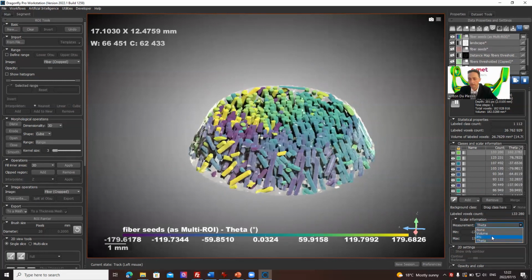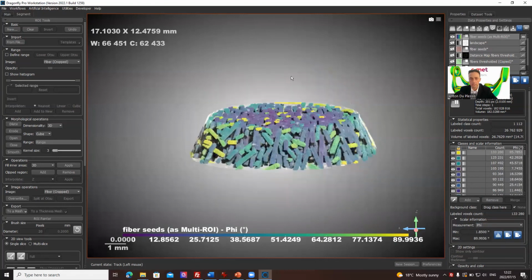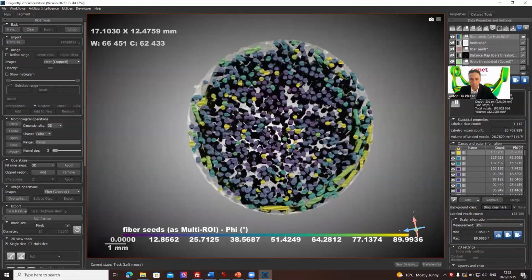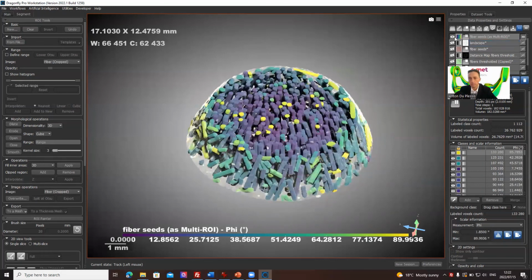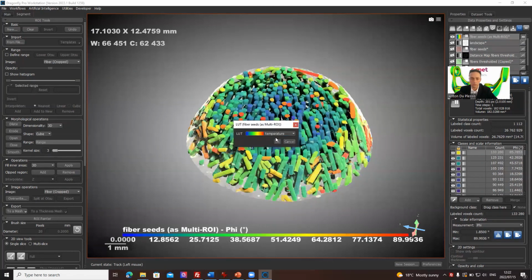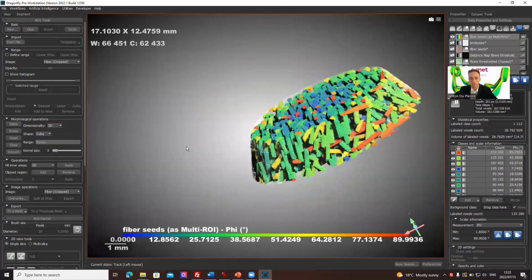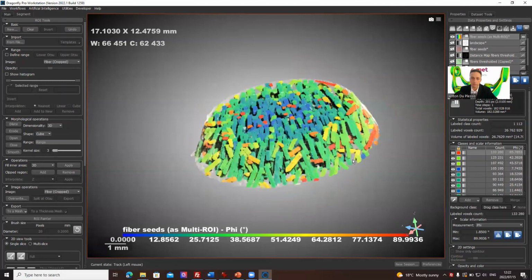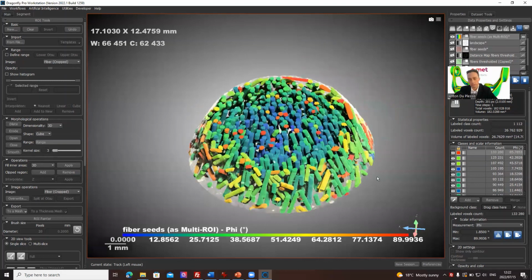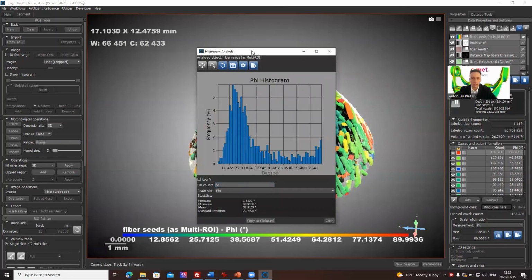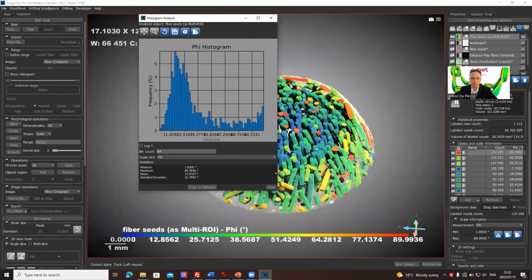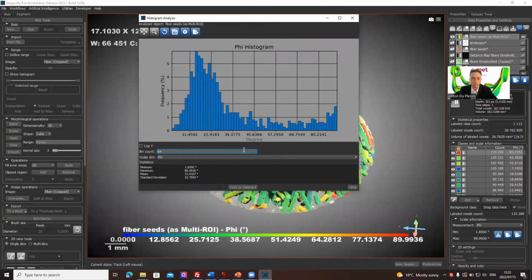So yes, the phi angle is along the z-axis, and you can see most vertical fibers. Let's just change the color. We can change the lookup table: right click on that and choose a temperature color map. Most vertical fibers are blue, most fibers horizontally are red, and in between is green. So that's a directional analysis, and you can click on this histogram to analyze that directional fiber orientation, and you can save that or export it to a CSV file. You can also change the number of bins